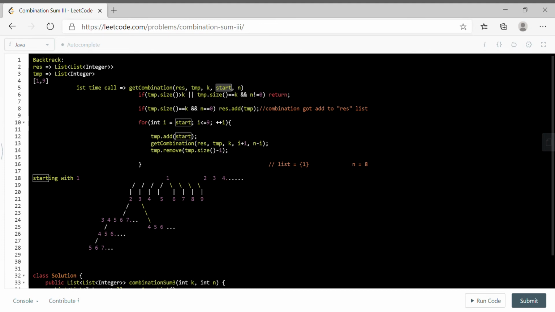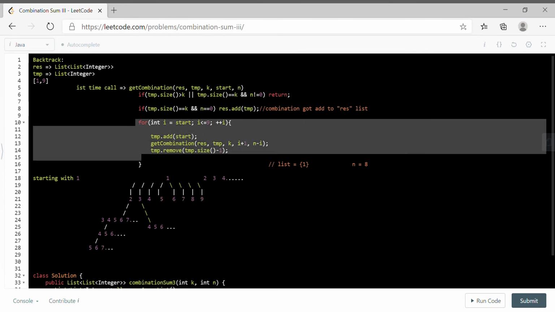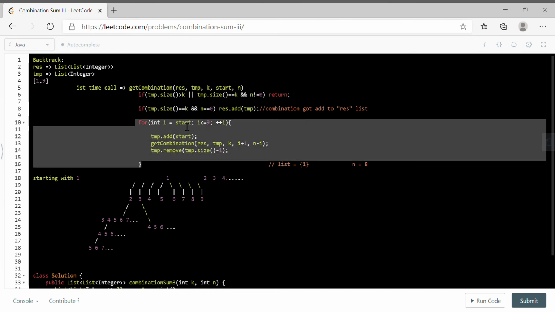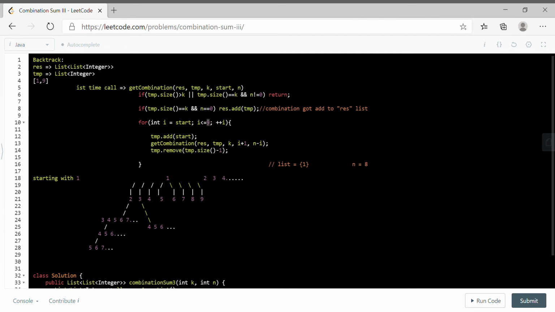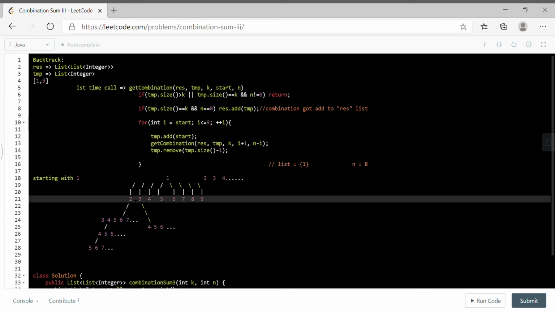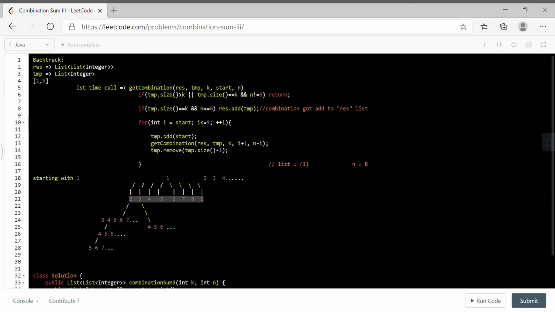k is 3, right? So these two conditions are false and will not be satisfied. We will come here, start is 2. Now we will iterate from 2 to 9, right? We are at 2, so we add 2 in the list.